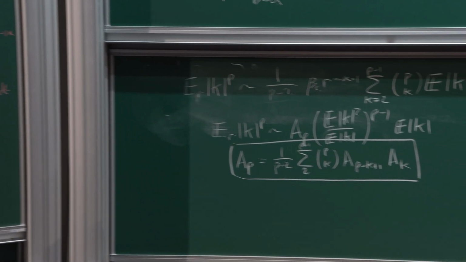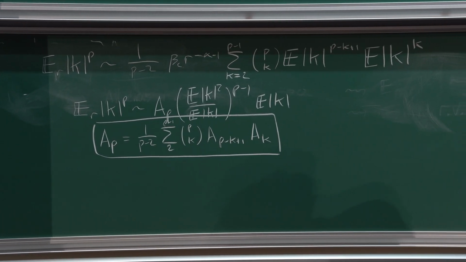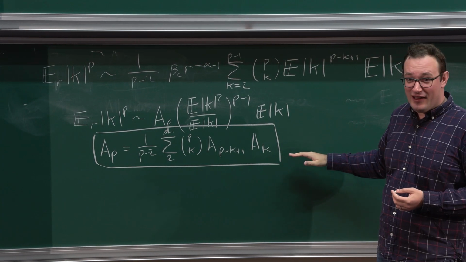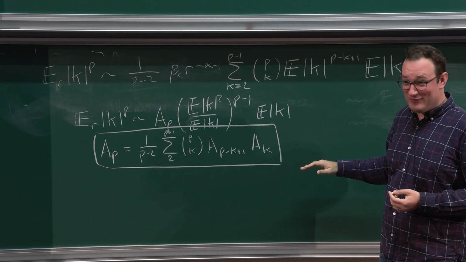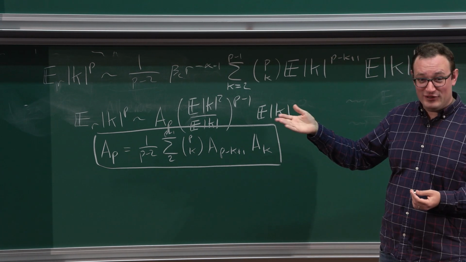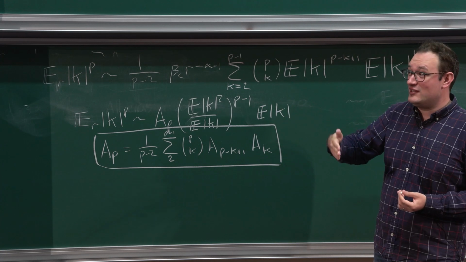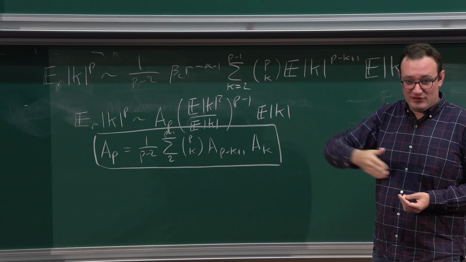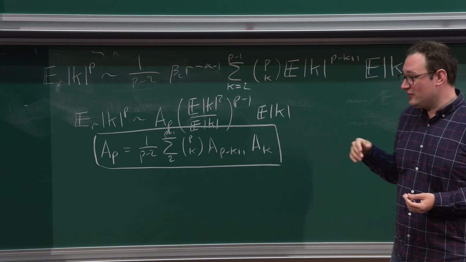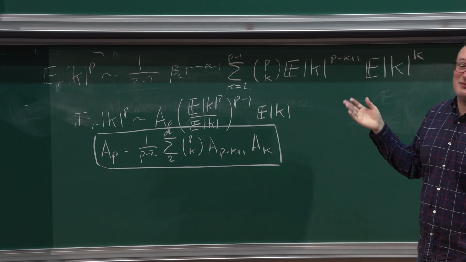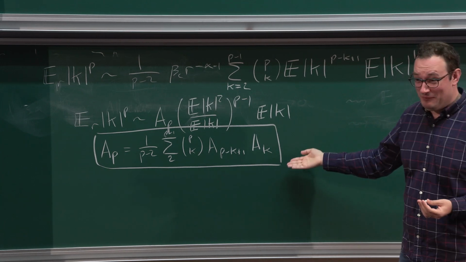But it's also a funny feature of the method that the way you get these relationships between the different moments is always via some recurrence relation, and it's often quite difficult to solve, right? Of course, there is the definition of the double factorial, just to remind you: it's the product of all the integers of the same parity. In our case, they're always odd numbers that we take double factorials of, so it's just the product of the odd numbers up to 2p minus 3. And that has a very simple recurrence, right, each time you multiply by the next odd number. But it also satisfies many other recurrence relations, and this is one of them.